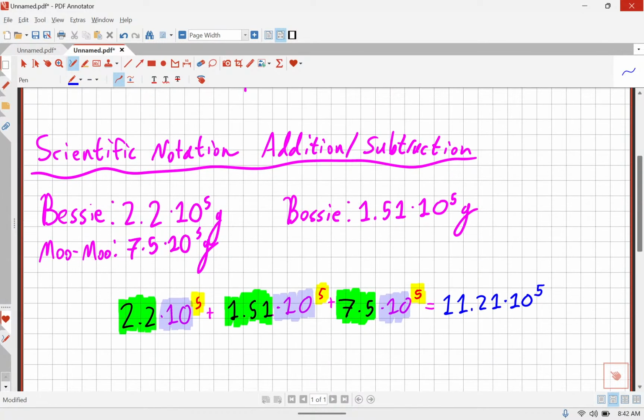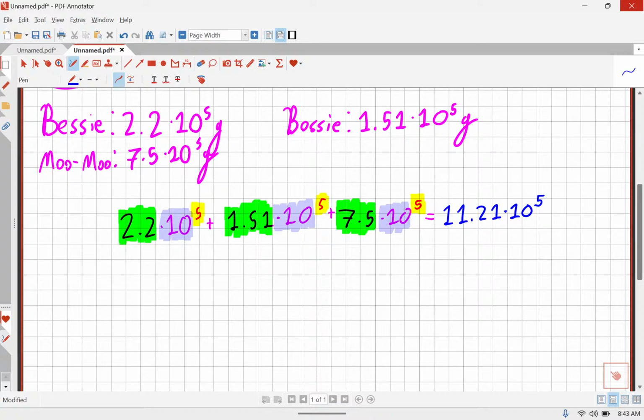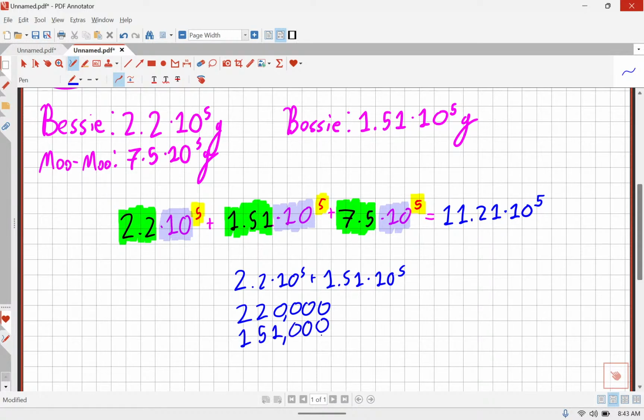And that might freak you out a little bit, but put your pencils down for a second, and I'm going to show you why that shouldn't freak you out. It's because if I was just going to add Bessie and Bossy, that would be 2.2 times 10 to the fifth plus 1.51 times 10 to the fifth. And that's really 220,000 plus 151,000. And if I add them up,